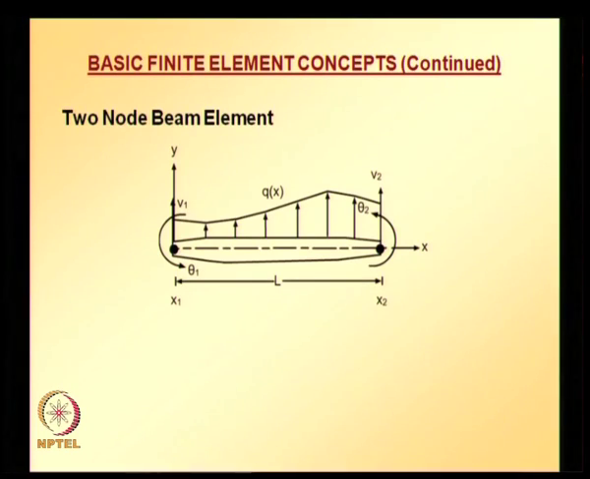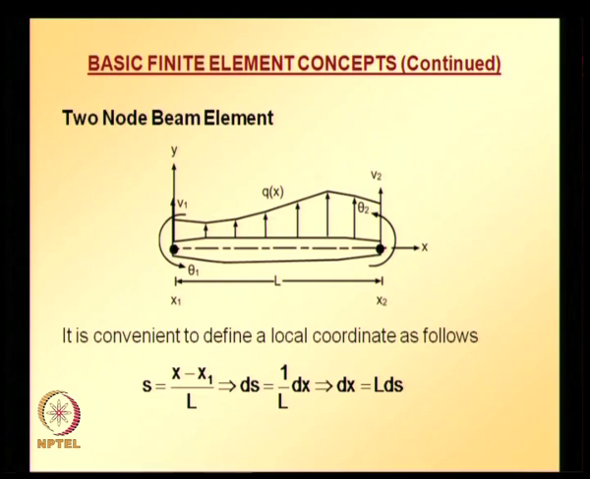So now to develop the shape functions and other things, it is convenient to define a local coordinate system as follows. Here you have 2 nodes in the x coordinate system. Node 1 corresponds to x is equal to x1 and node 2 corresponds to x is equal to x2, and the degrees of freedom at node 1 are v1 and theta 1, that is transverse displacement and the derivative of transverse displacement, and the degrees of freedom at node 2 are v2 and theta 2,